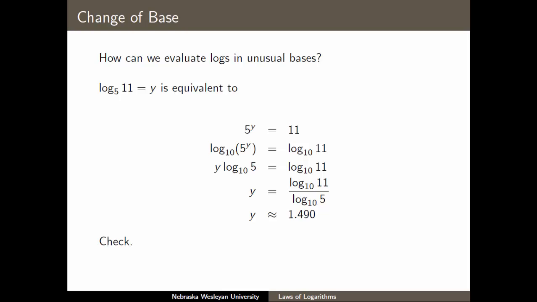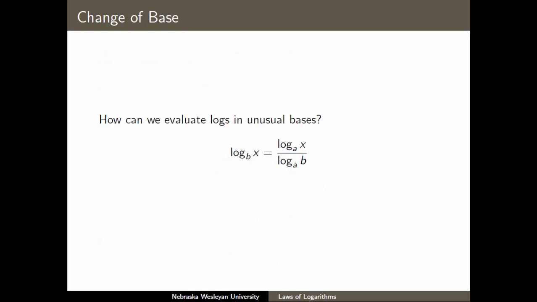If I wanted to check this, I could go back to the first line and say that 5 to the 1.49 is about 11. So 1.49 is roughly the exponent I would use to write 11 as a power of 5. This trick works all the time, and it's called the change of base formula. If you want to evaluate log base b of x, probably b is some unfamiliar base. You can rewrite that as log base a of x divided by log base a of b, and here you would choose for a more common base, probably log base 10 or the natural log that appears on